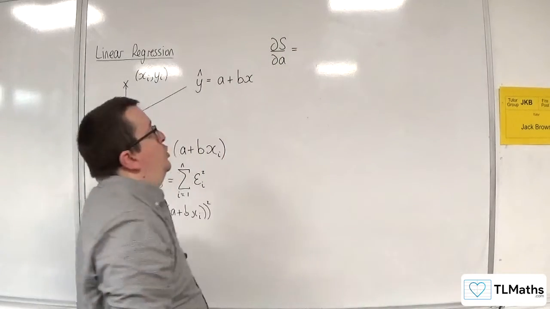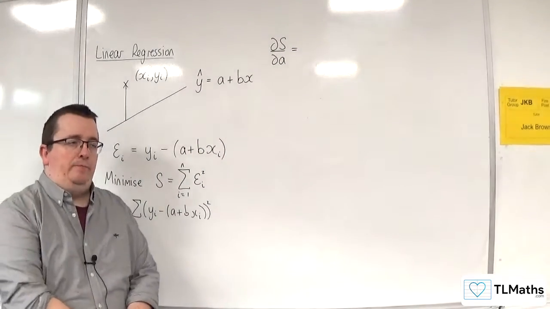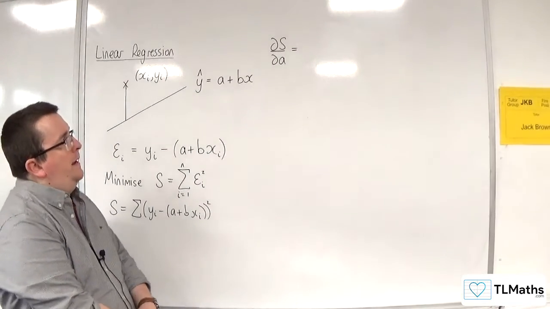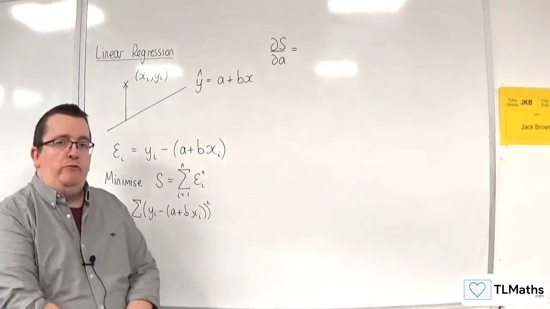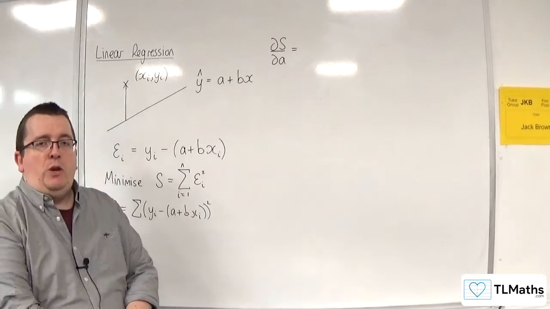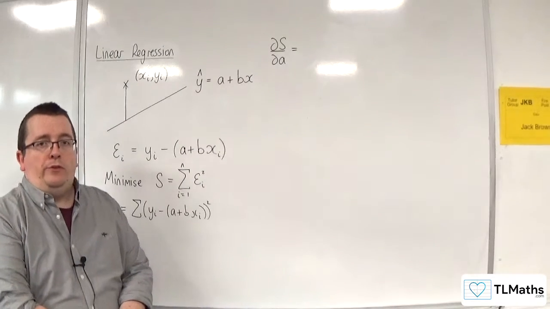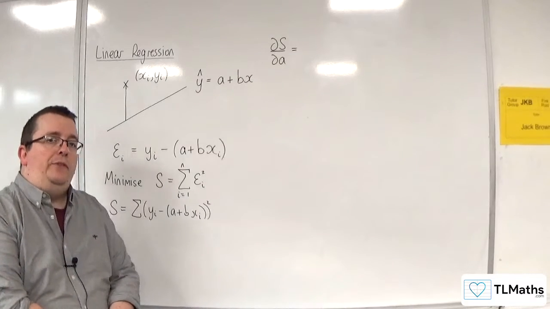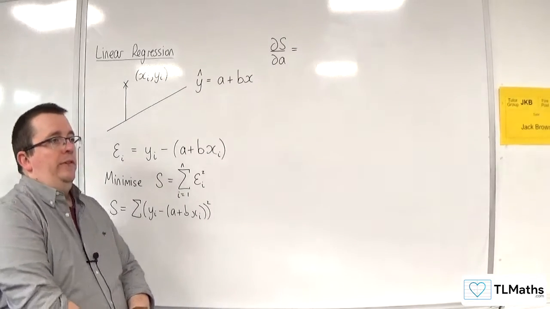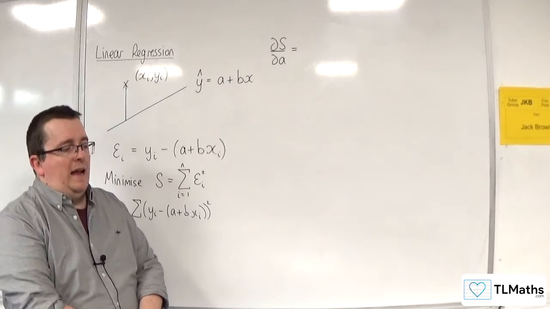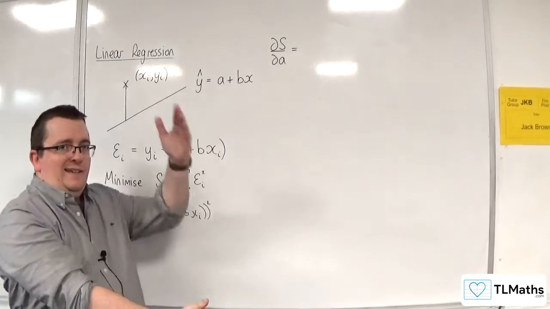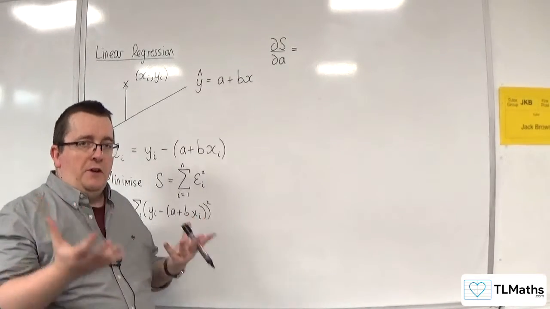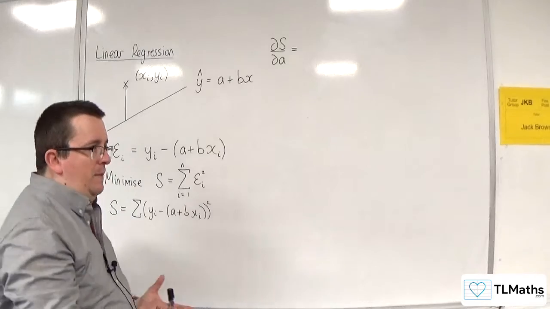So this would be the partial derivative of S with respect to A. So when you get into multivariable calculus, rather than just differentiating with respect to X, you might differentiate with respect to X and Y if you've got something like Z equals something to do with X's and Y's, and you're looking at 3D surfaces. So when you're looking at three-dimensional surfaces, you are essentially having to think about in which way you're going to cut it. Okay, so when you're talking about the gradient of a three-dimensional surface, are you going to look